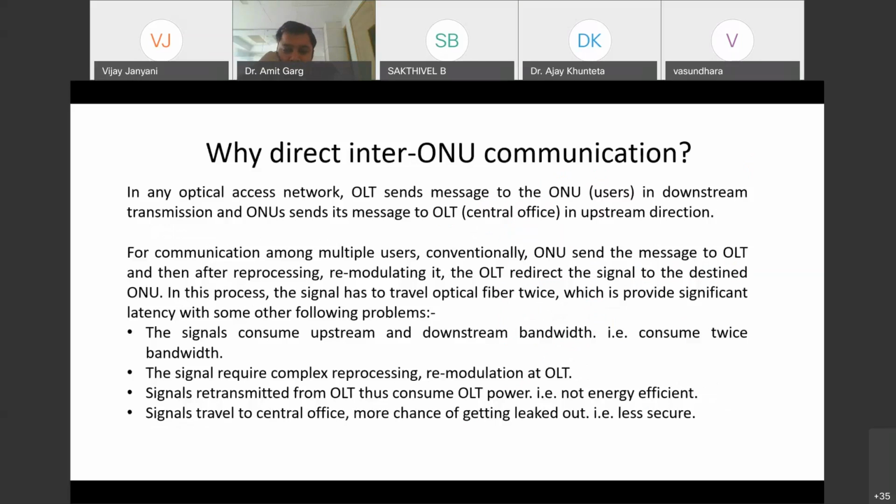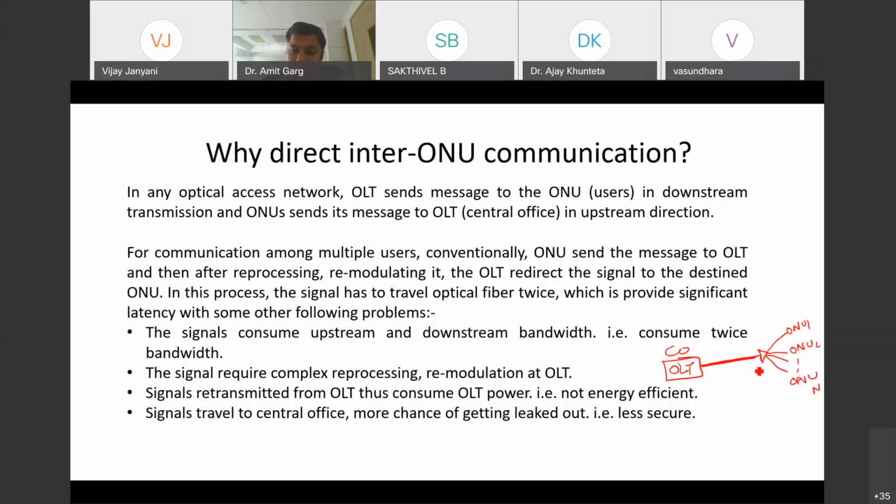So why is inter-ONU communication important? Normally in a GPON network, by now you must be very familiar, you have an OLT here at the central office, and with the help of a single fiber you carry the data, and then there is a splitter here that splits the data to different ONUs, ONU1, ONU2 up to ONU-N.